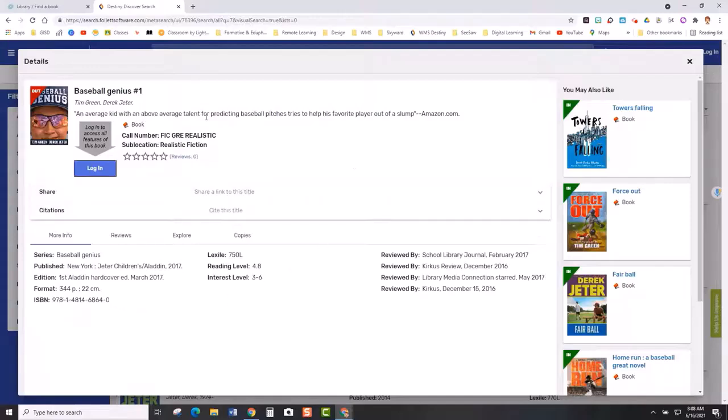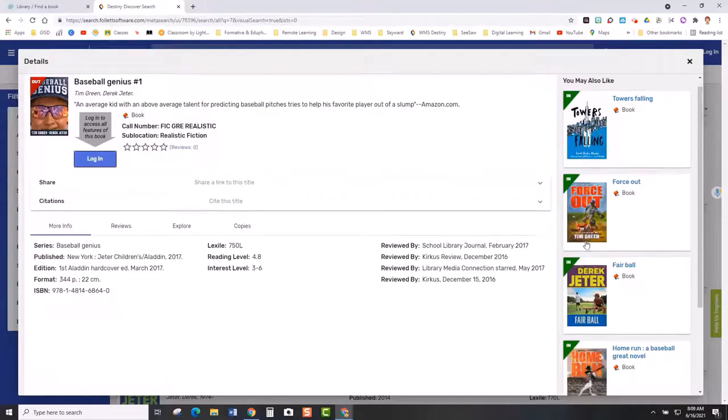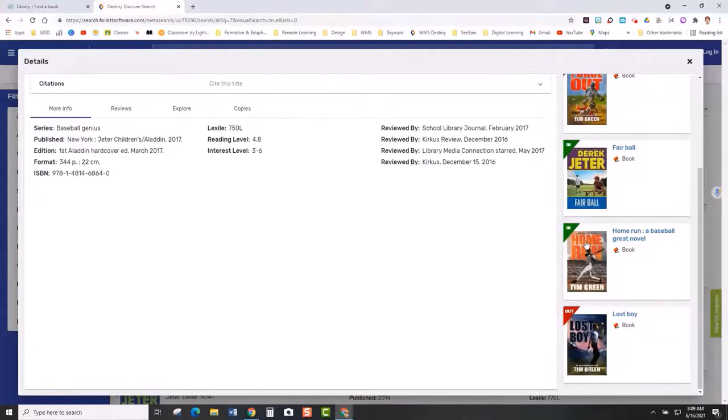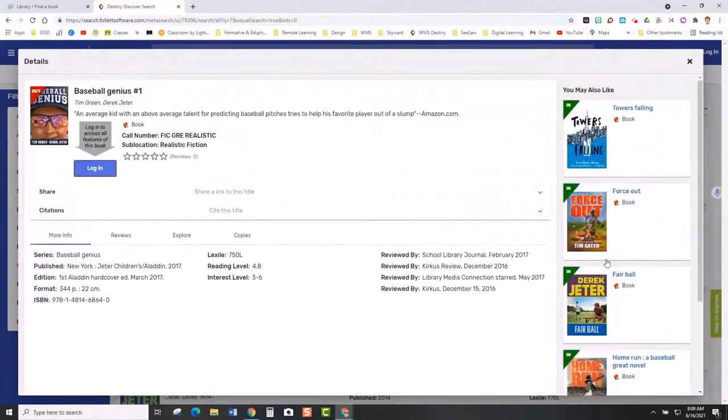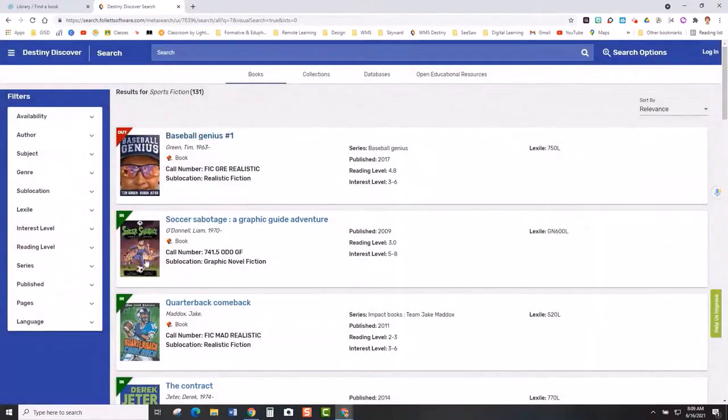The other thing I really like about this detailed information screen is that Destiny will show you other books you might be interested in based on this title you clicked on. So for this example, since this title, Baseball Genius, is currently checked out, I could look over here in this column at some other books that are similar that are in that I might be interested in reading. So when I go back to the main screen,